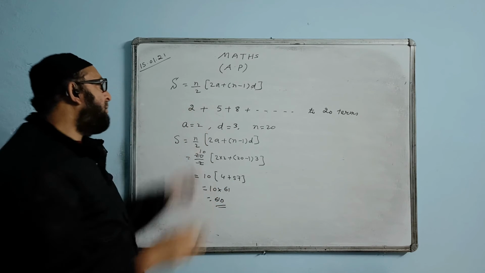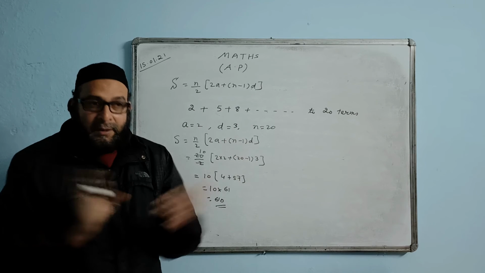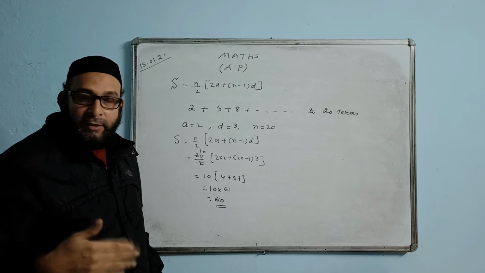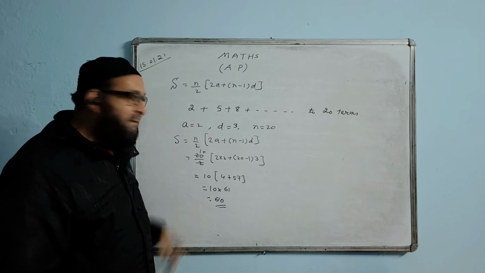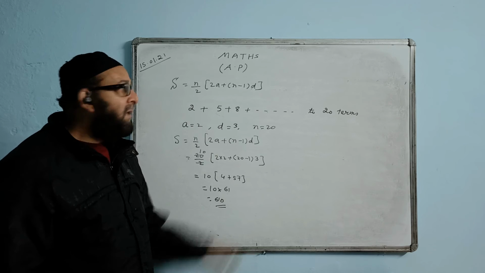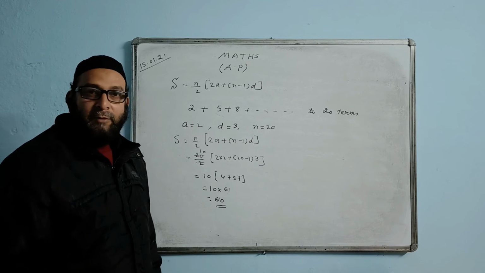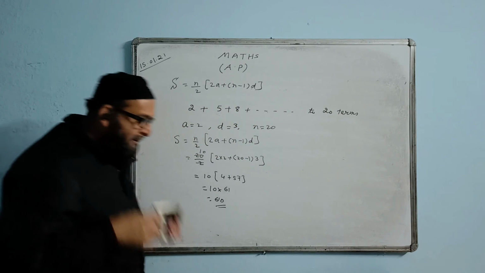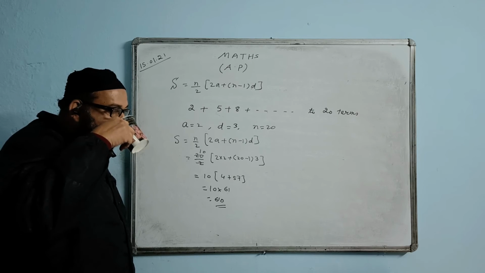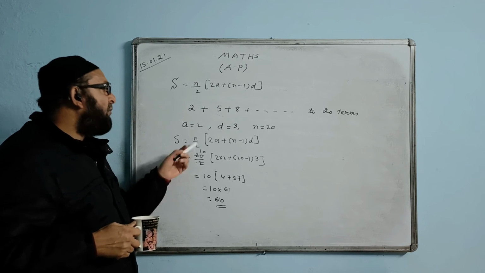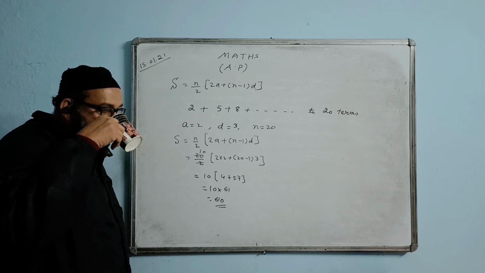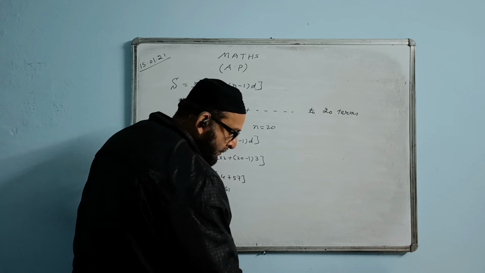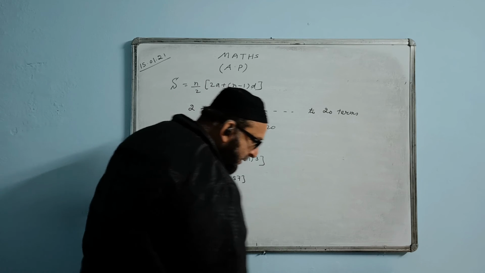If you write 20 such numbers and add all of them using a calculator, it will take almost 10 to 15 minutes if you do it manually, and the answer will come the same as this one. So this is a shorter way. If they give 1000 terms, it will take almost 1 or 2 hours, and there is a chance of mistakes also. Yes or no? So this is the formula of sum.